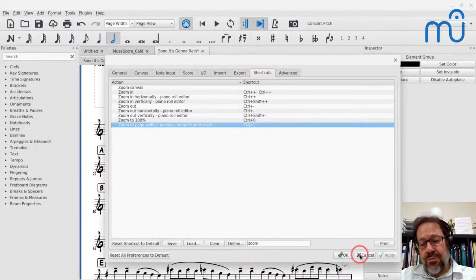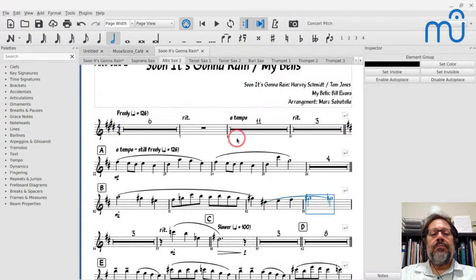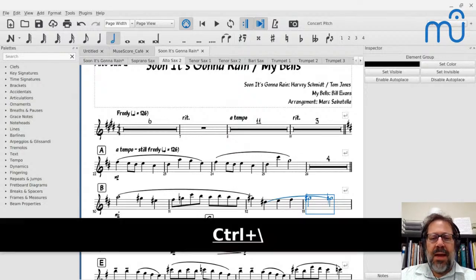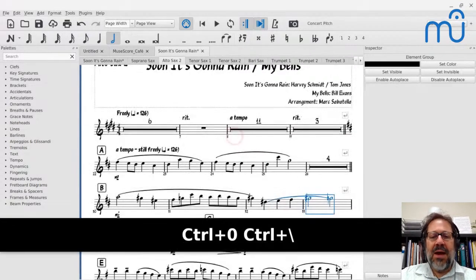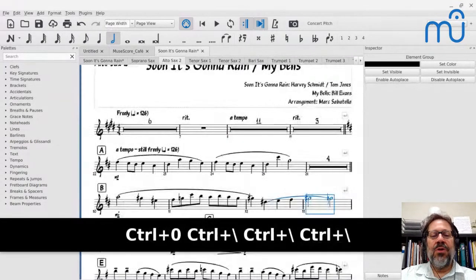And if you're using an older version of MuseScore, you definitely won't have it already defined. But you'd be able to define that yourself. Yeah, I will sometimes zoom in with Control 0, but then I'll just sort of go back and forth between